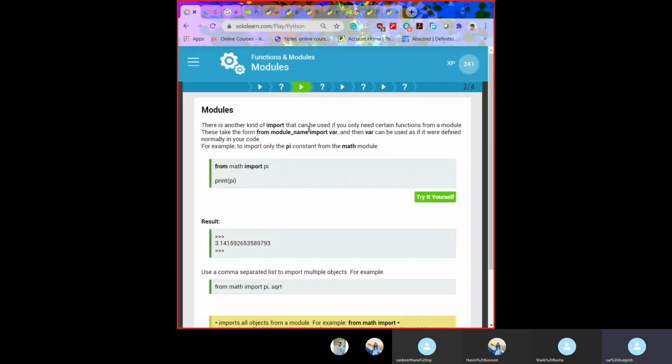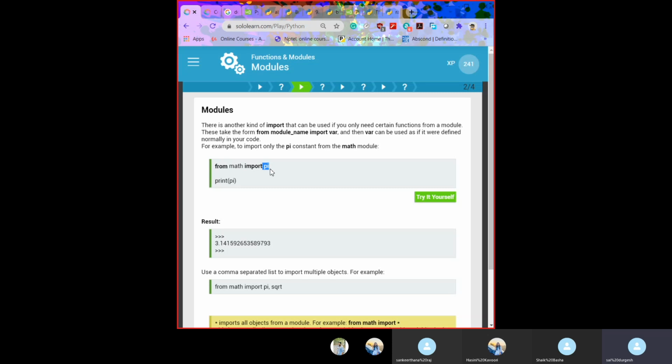Next, there is another kind of import that can be used to get a certain function from a module. This takes the module name and the input, which will be defined normally in the code. Here, previously the math file was saved as math.py. Here we used this file, the math is the file, and we're importing those variables in the math file.